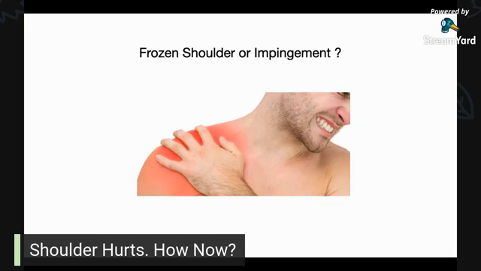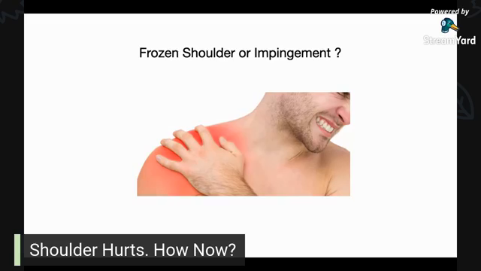But frozen shoulder and impingement are two different things, okay? You may not have frozen shoulder, you may only have impingement. These are two completely different shoulder problems that give pain at the same part of the shoulder. Basically, it's at the front and at the side of the shoulder. Normally people with shoulder problems talk about pain at the front or at the side, and a small group of people have pain at the back of the shoulder. So frozen shoulder and impingement can be very confusing.